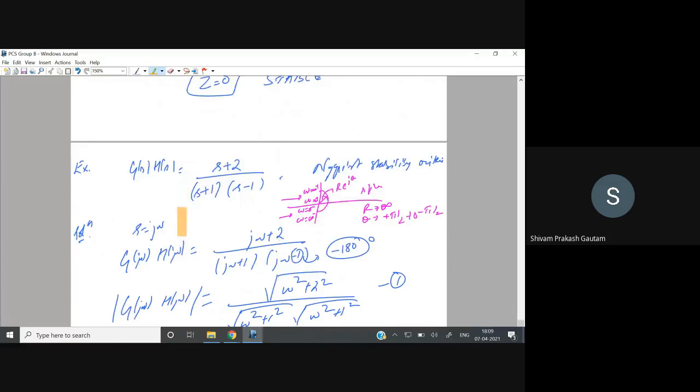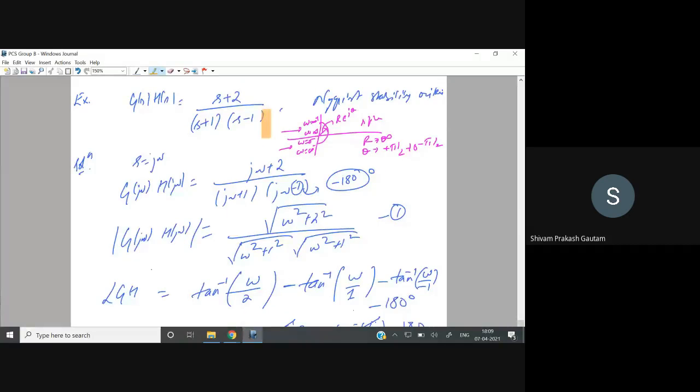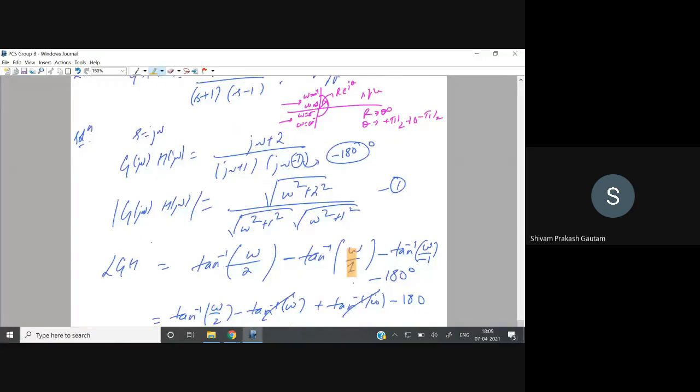So this was our open loop transfer function. For this, we have to determine the stability using the Nyquist stability criteria. So first we have to draw the Nyquist plot. For that, I have drawn the Nyquist contour. You can see this is the Nyquist contour for drawing the Nyquist plot. We put s is equal to j omega. We have calculated the magnitude and the phase. Don't forget to add -180 because there is a negative real part in the denominator. We have already discussed this concept in our previous lectures.